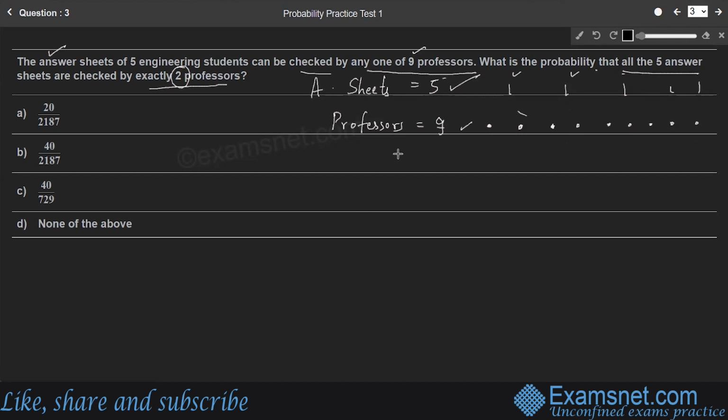So after taking ways of checking all the answer sheets by all the professors, we have to take ways of choosing 2 professors, because we need only 2 professors here. After that, ways of checking 5 answer sheets by 2 professors. So we'll go step by step now. Students, first we'll consider ways of checking all 5 answer sheets by all 9 professors,